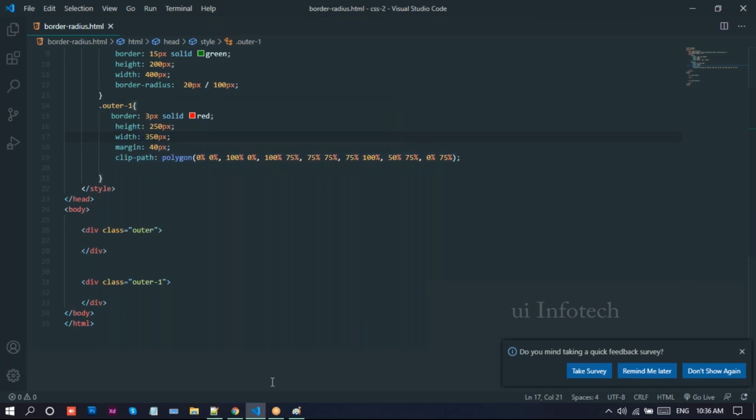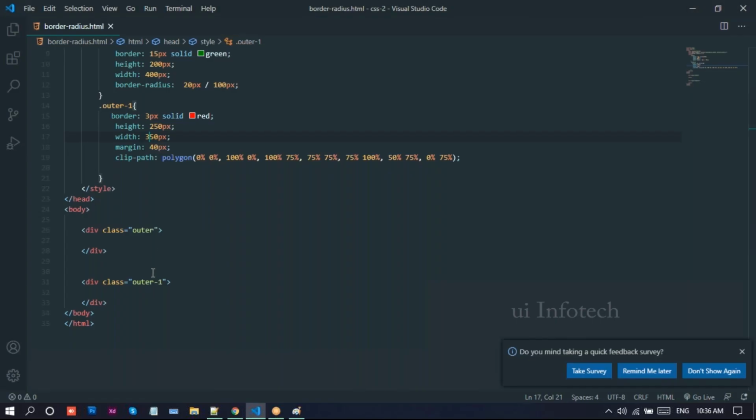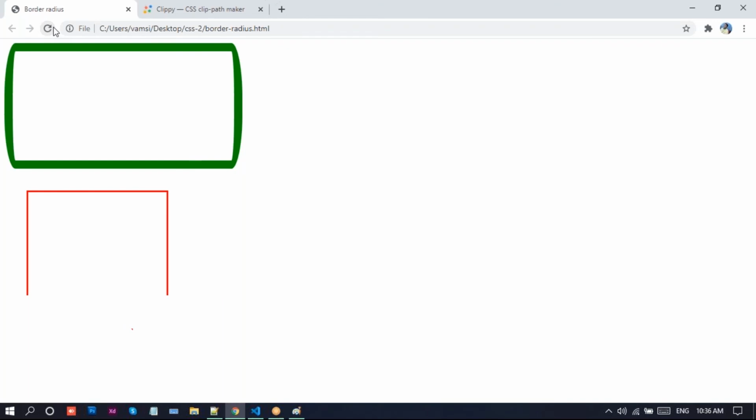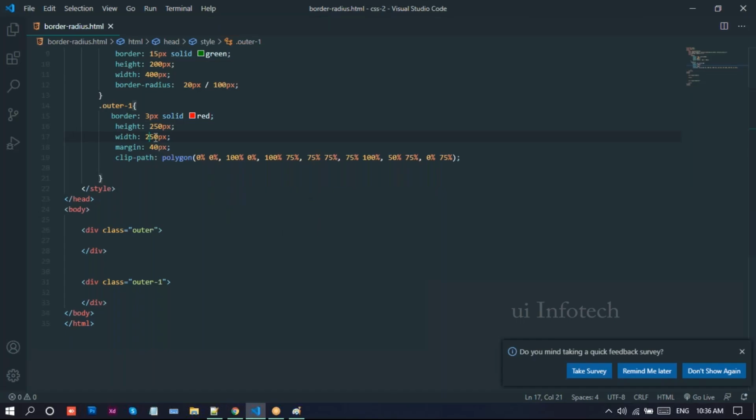For the border, it will not work here. Now, for the border, we need to write borders, and we can write position elements so that we can create it.